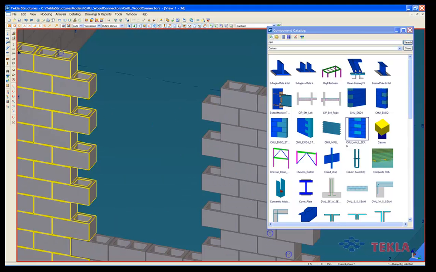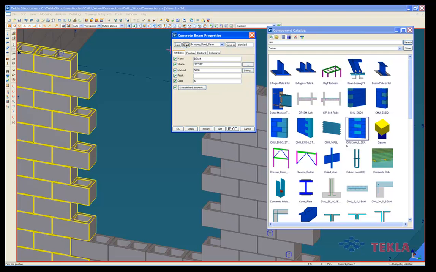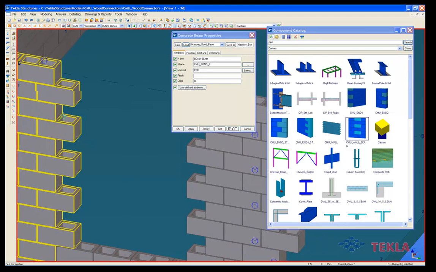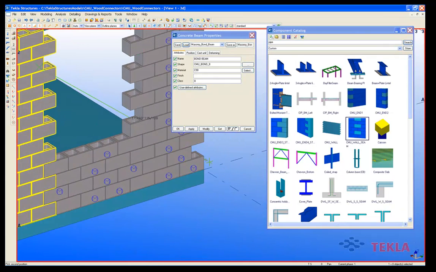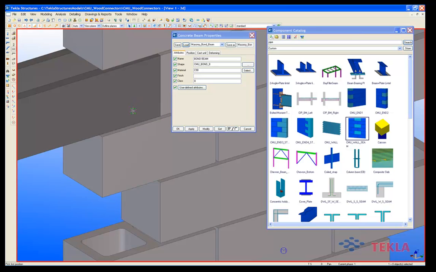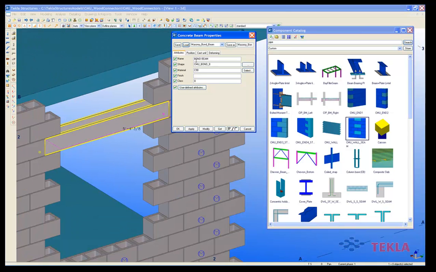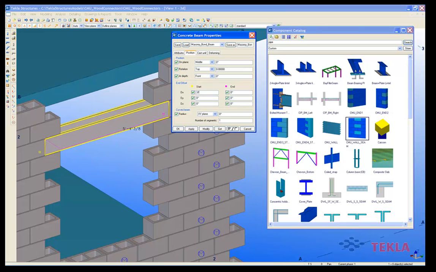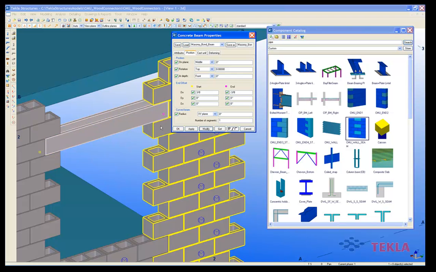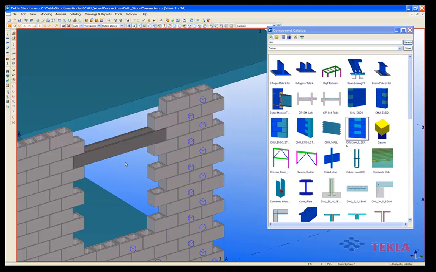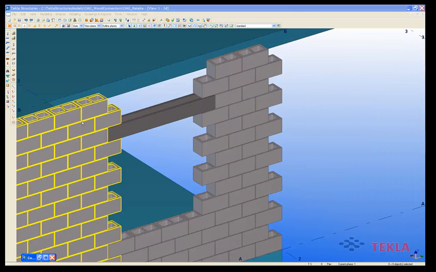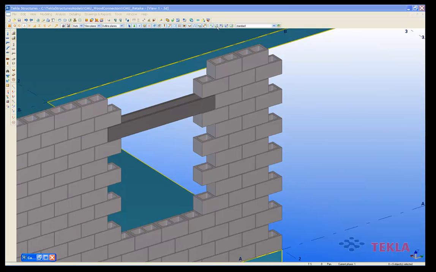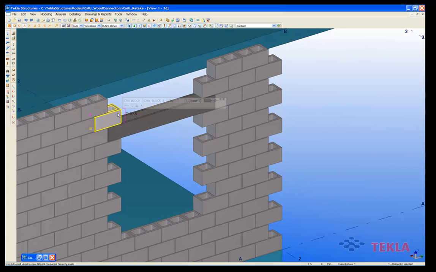And then we'll come in and just use our profile catalog, just do a concrete beam, which is actually a masonry bond beam. And it's already predefined like we do at Tekla, where we save some settings away for you. But then, of course, you can always do your own, whatever you want to call them. And then put it in place, and then allow for the grout on either end. Quick 3/8, and then a -3/8 on the right end to take care of that. Now I need to fill this top area with blocks. So there's a couple of different ways you can do it. We've got a basic copy array,